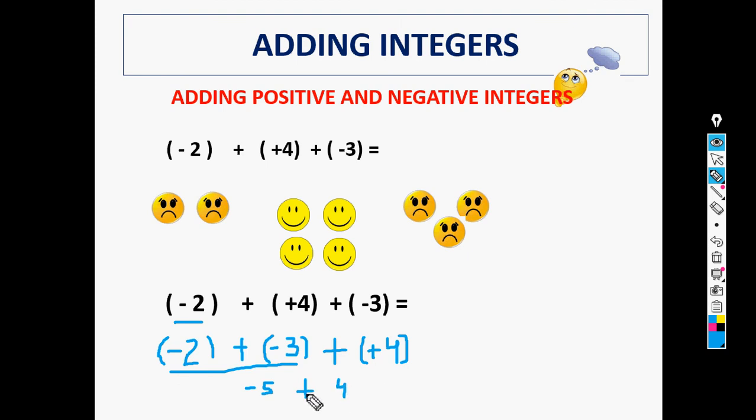Now clearly you can see this is plus 4 and this is minus 5, one negative and one positive, two different signs, and when you have two different signs we subtract. So you just subtract first and we'll put the signs later. So 5 minus 4 is 1, and after that the majority wins, you remember. So here 5 is bigger, so that means the answer will be negative. So the answer is minus 1.